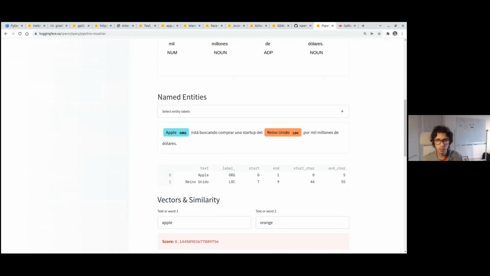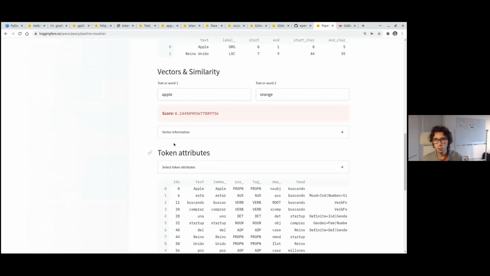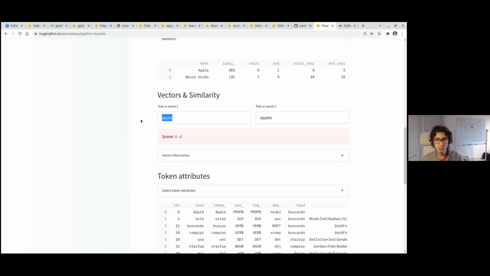So Apple is an organization. The UK is a location. You can get things like word similarity. So apple and orange are not that close, but if I try apples, okay, but that is not working very nice. Oh yeah, because this is in Spanish, right? So, which is apple and orange. So that's much better, right? Yeah, that's much better.